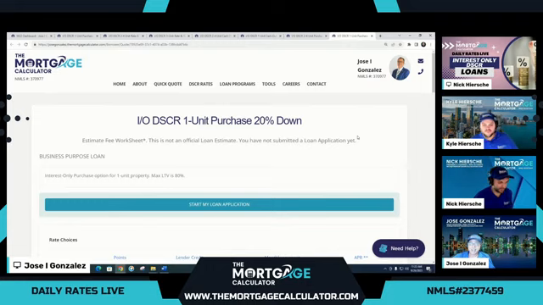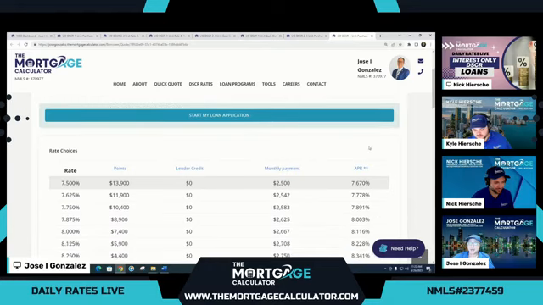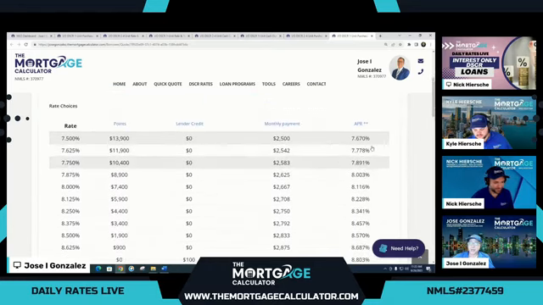Now, the max LTV on the interest only option is 80% because our 15% down DSCR options do not allow for interest only. They probably figure that at 85% on a DSCR loan, they've already maxed the amount of risk. So in order to go interest only, you do have to put down at least 20%. So here we have some great options where 8.75 is actually above par, offering a little bit of a lender credit. And you can buy it down all the way to